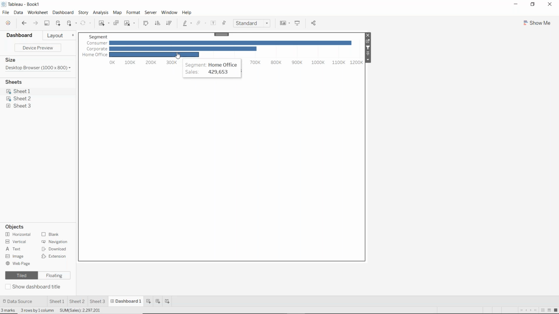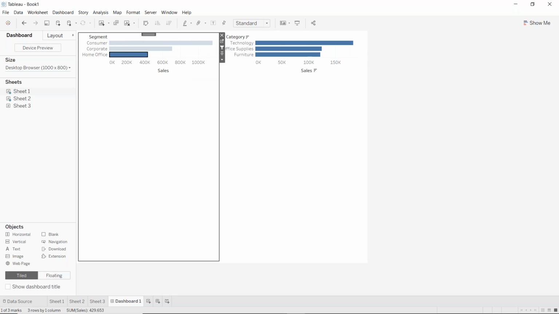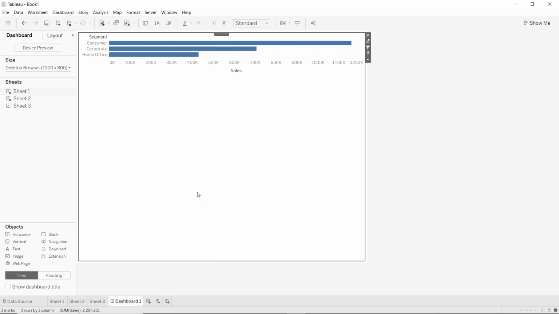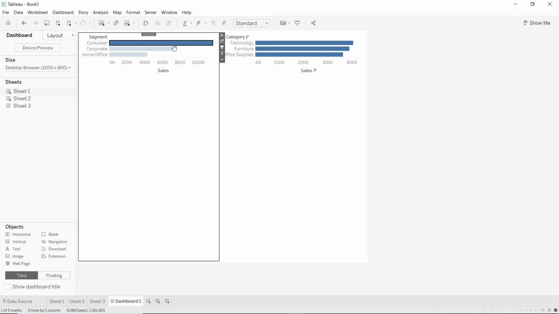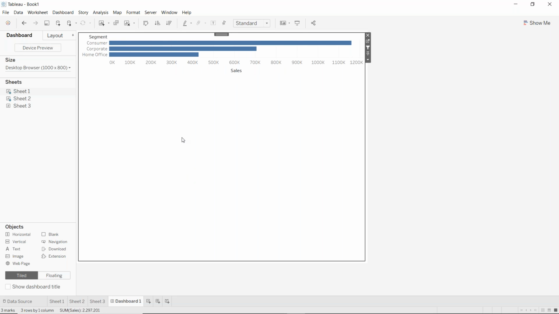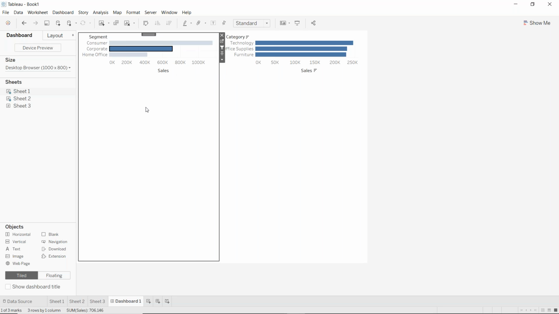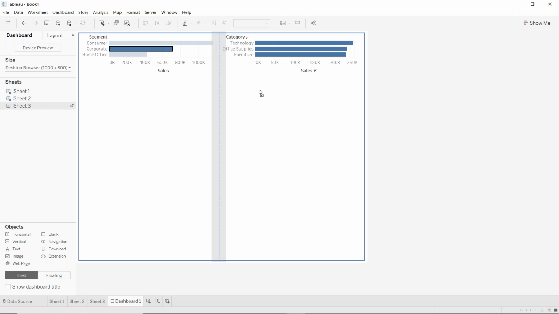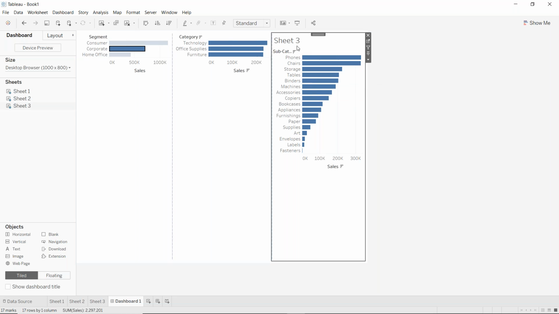So whenever I select, the chart will come. When I release the filter, it will go off. When I select, the chart will come. When I release the filter, it will go off. Same way I can apply the third sheet also. I'll drag this sheet 3 next to this. I'll hide the title